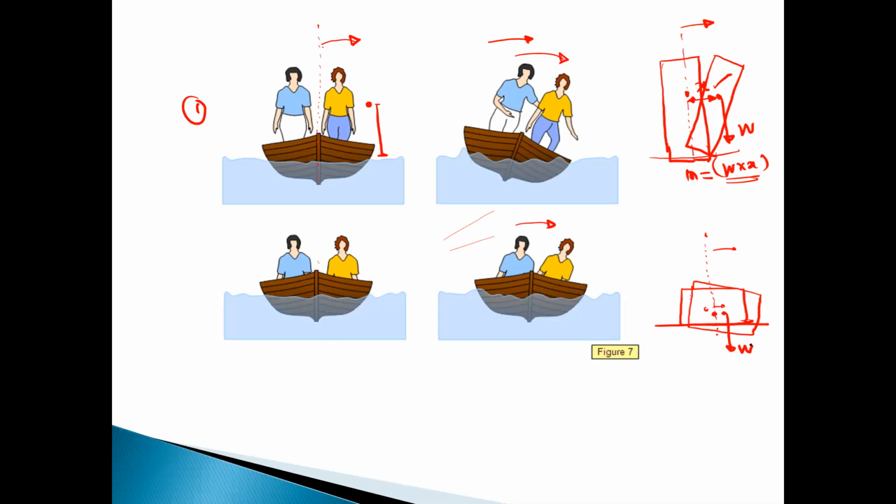So this is the W, it is the same weight, it acts in downward direction, but the moment value W into X, this is the second moment, this is the first moment, will be less compared to the first. Okay, and therefore there is a less possibility of the topple in the second line or the second case. Okay, so this is the effect of the center of gravity on the stability.